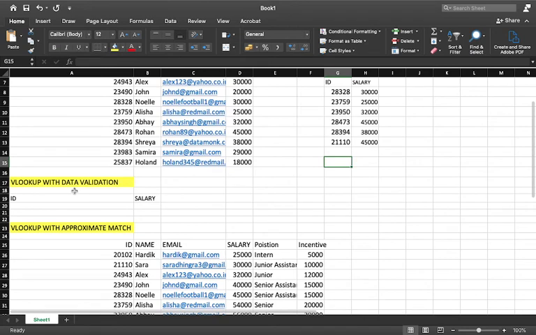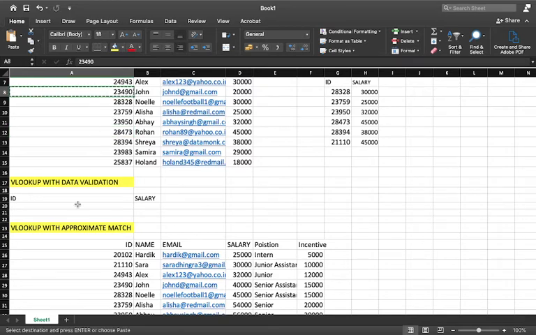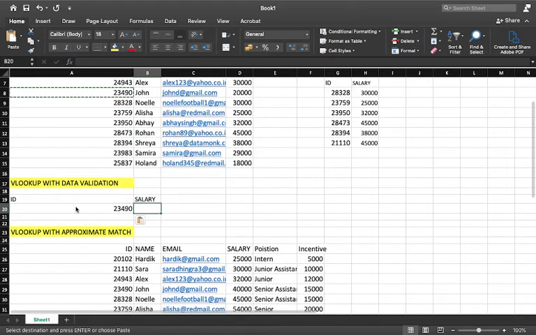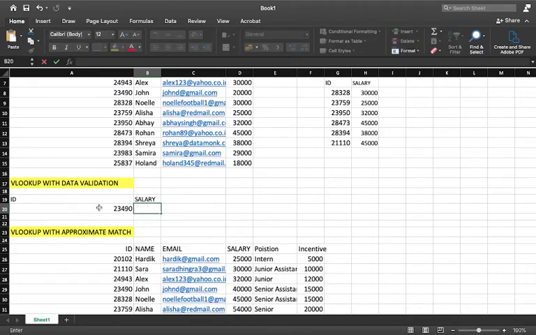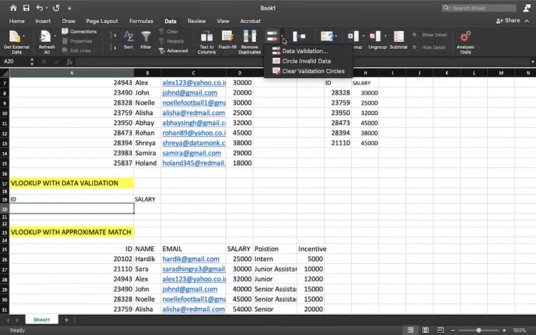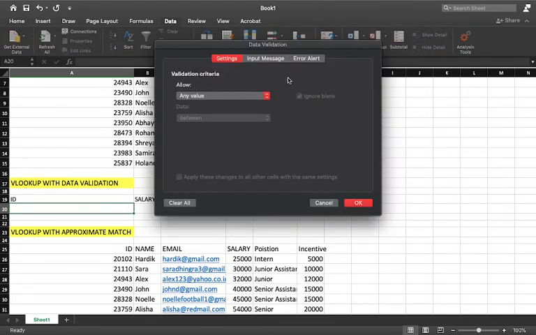Then moving ahead, I want to show you a very cool feature you can use with VLOOKUP, that is data validation. Right, so it gets difficult to always keep searching for a number, then copying it in here, and then putting the formula for VLOOKUP here. It actually gets a bit complicated. So what you can do is use the data validation function. If you go to Data here, then you choose Data Validation.